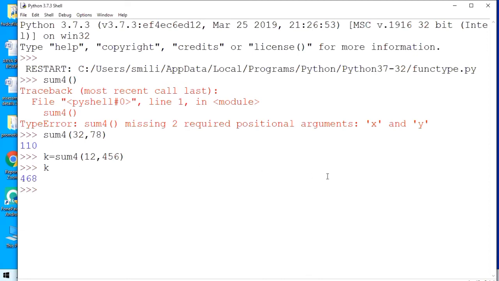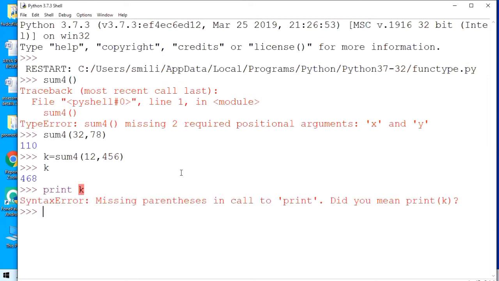Yeah, correct. You can write print k also, beta. It will work the same way. Print k. Oh, it is not working. Why? Conceptual question. Why?